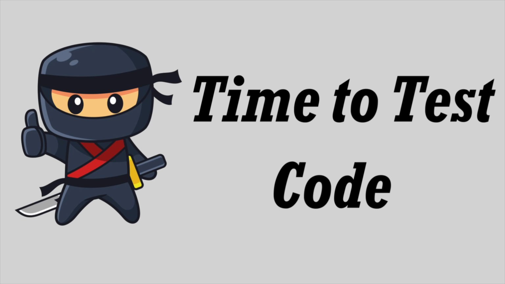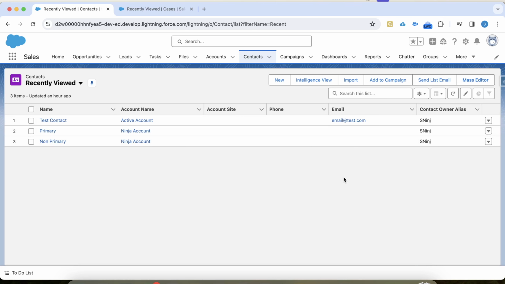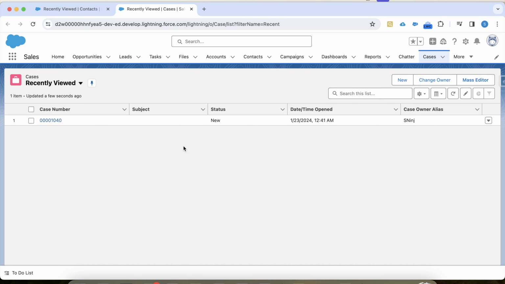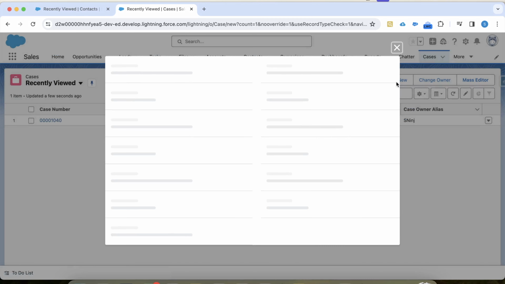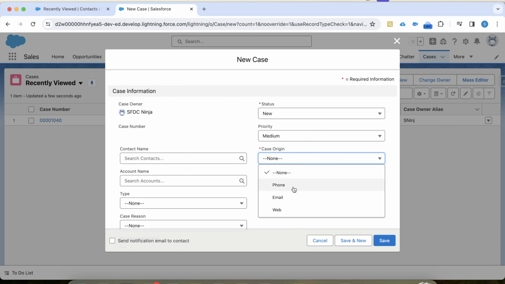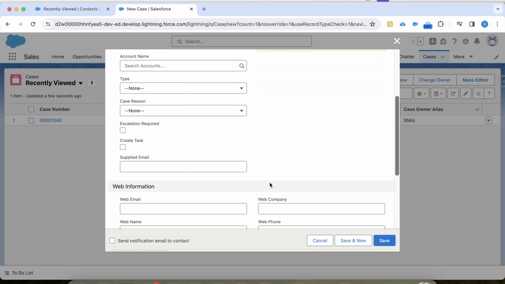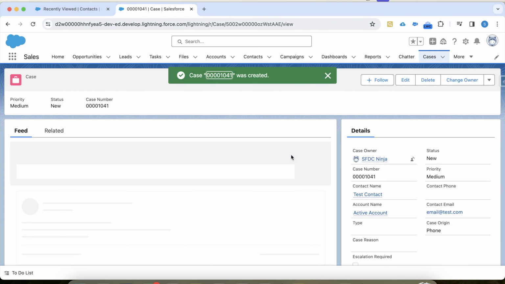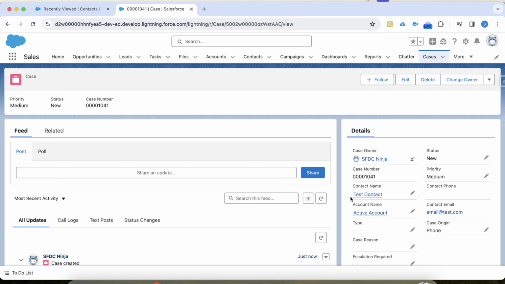It's time to see it in action. So let's go to our org. We have this contact, copy its email. Now first we will try to create a case using this email. Click on new, select case origin, provide the same email in this. And now if our code is correct, then this case will get linked to this contact. Click on save. So guys, as you can see, this case got linked to that contact, which means our trigger is working